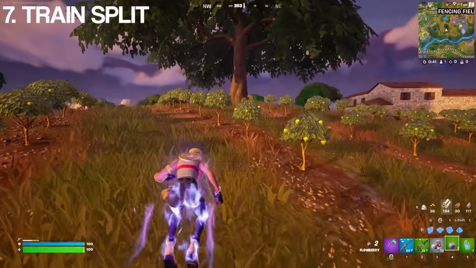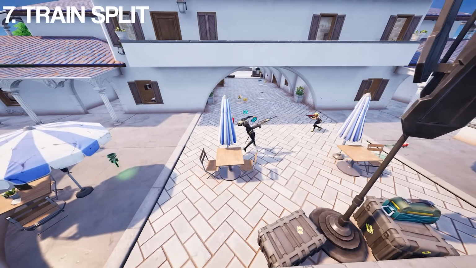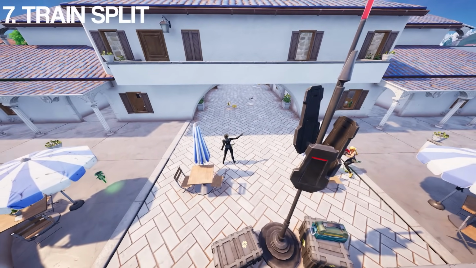After you're done looting, what you can now do if you're an aggressive player is run over towards Fencing Fields, pop a berry, and go straight towards that bot. Now, Fencing Fields is probably one of the best drop spots in the map,